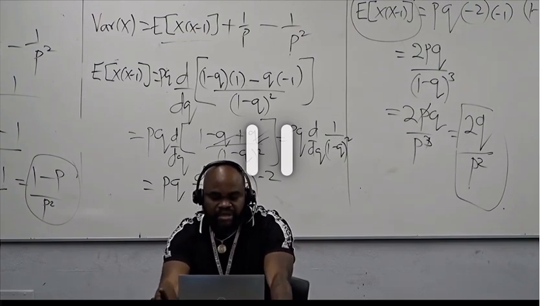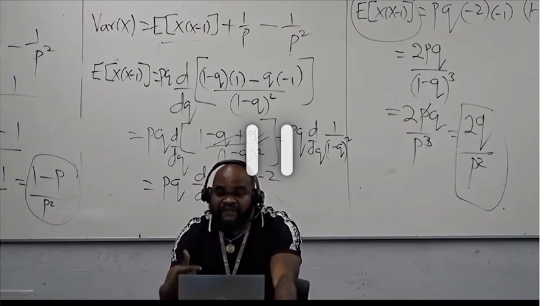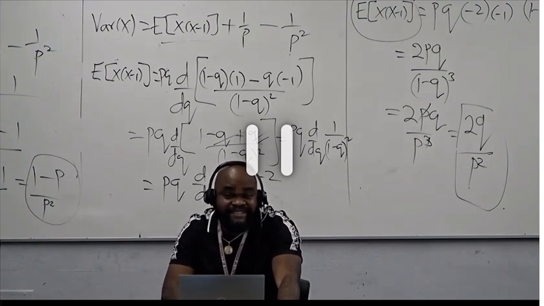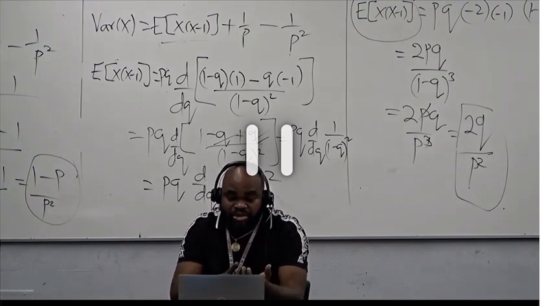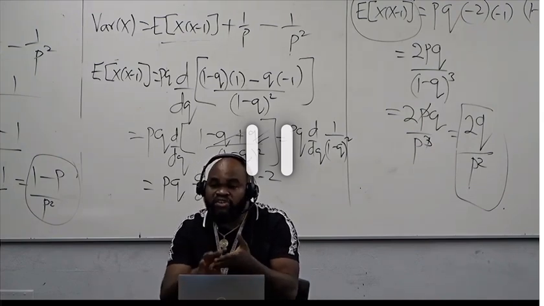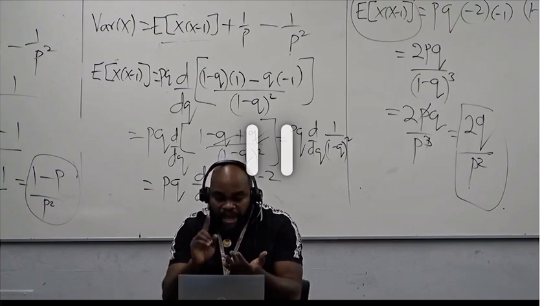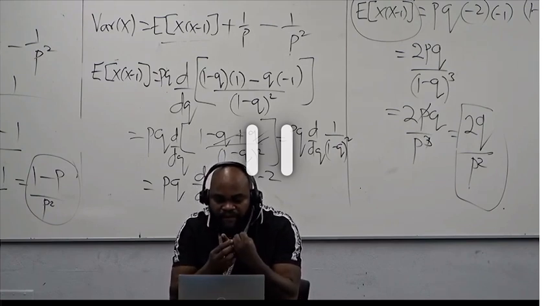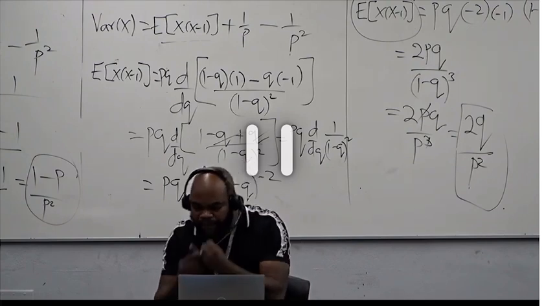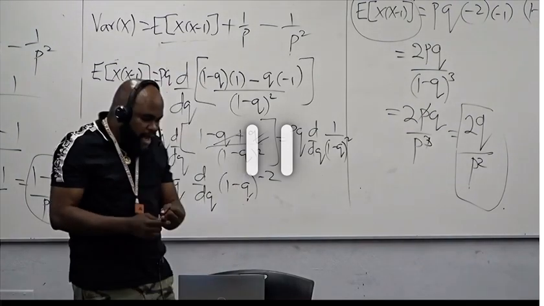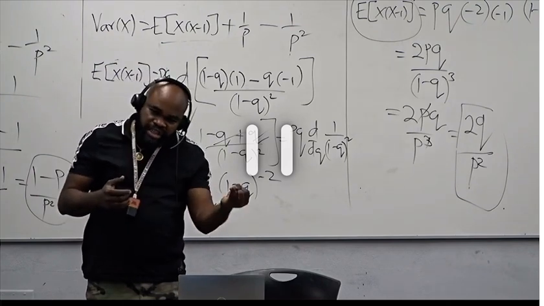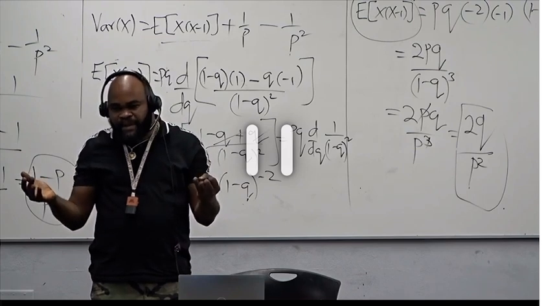Before I go today, let me tell you this. How did I find this easy? I found all of this easy because I relate them to real life. I just told you what Bernoulli represents, what binomial represents, what geometric represents, what negative binomial represents. I'm going to say it one more time before I go. When can I use Bernoulli distribution? I'm going to use Bernoulli distribution when I'm only interested in a single trial with two possible outcomes, success or failure, and they have their respective probability.